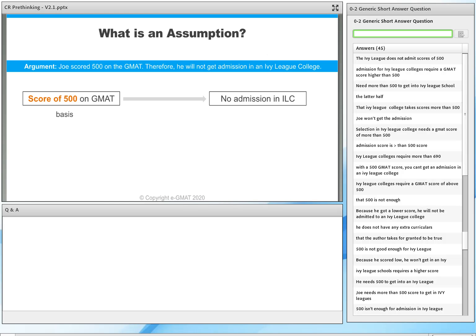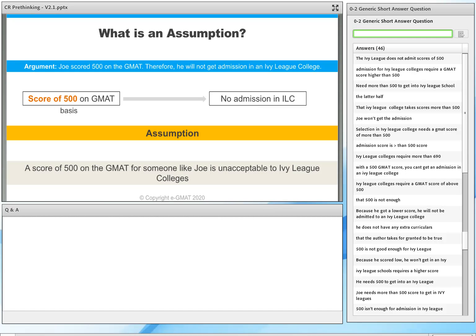The author gives you a data point. He says, hey, Joe scored 500 on the GMAT. Based on this data point, he makes a prediction or a claim. He's talking about something in the future. He says, hey, Joe will not get admission into an Ivy League college. And this is what we call a classical logical jump. Essentially, while making that claim, he is assuming that a score of 500 for someone like Joe is unacceptable